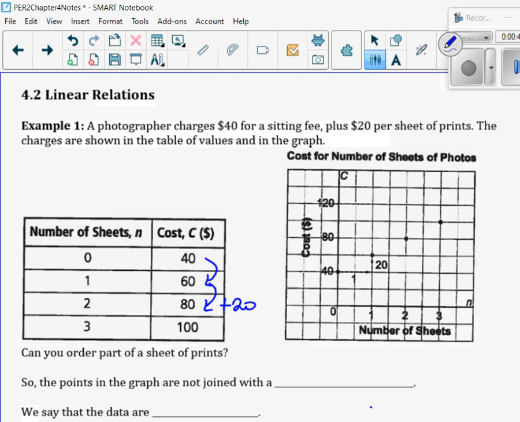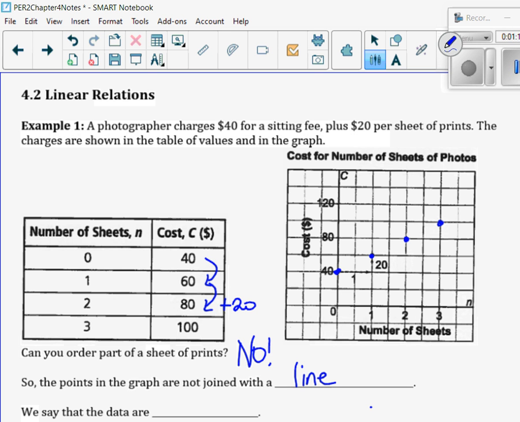Can you order part of a sheet? No. So the points on the graph are not joined with a line. Normally, if you could have partial sheets, you could actually make this a line. But because you can't buy part of a sheet, they are just points on the graph. Notice that they look like they would form a line, but you cannot connect them with a line because the